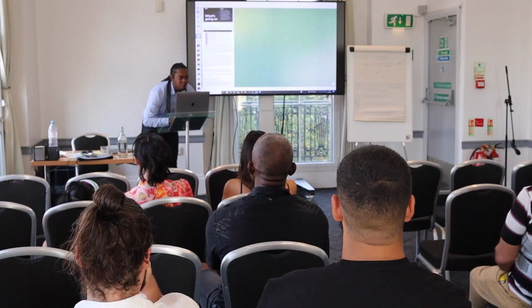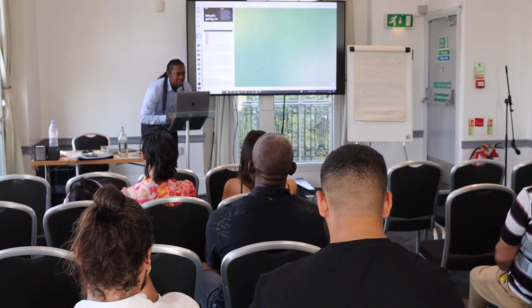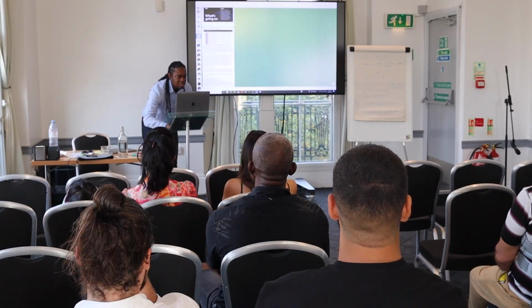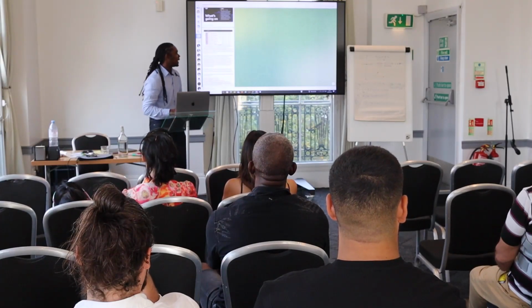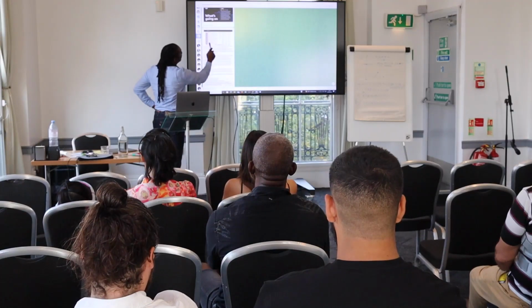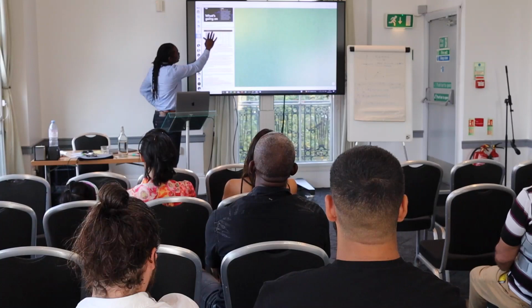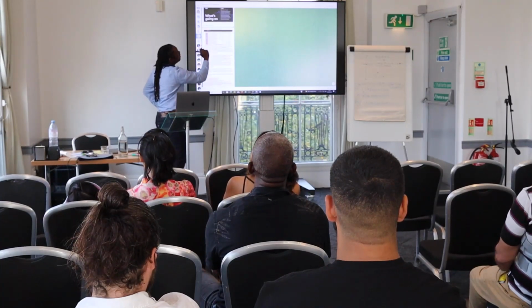So the first bit of news that we looked at was actually the GDP news that came out for the German economy. And this was on the 28th of July. Okay? So on the 28th of July, right here on the calendar, we had the German economy, the news came out for that. And when it came out